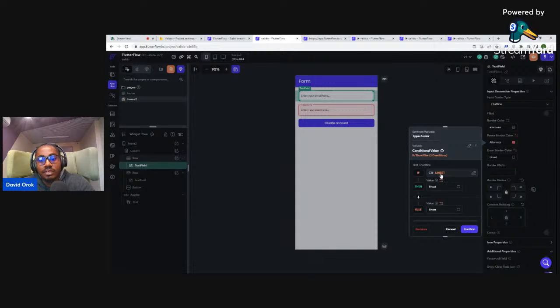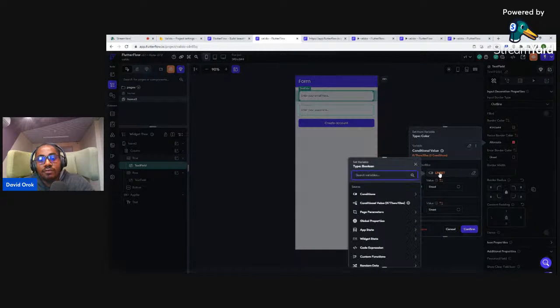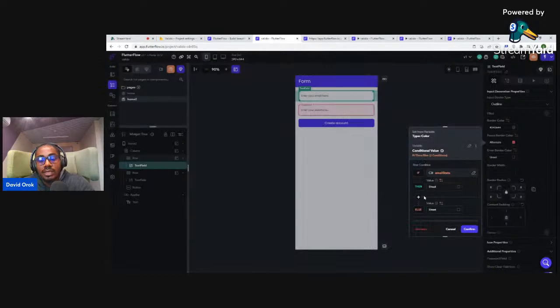So if something happens, then show the color, right? So I will go ahead and say if... we don't necessarily need to use a combined condition here. Let's just do it individually. So we click on this and then we go to app state and pick the email state and say if email state, all right,